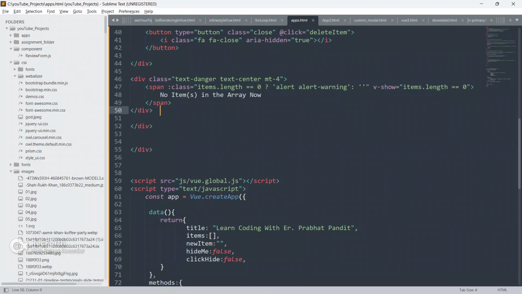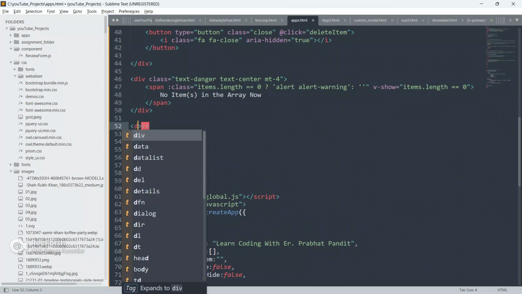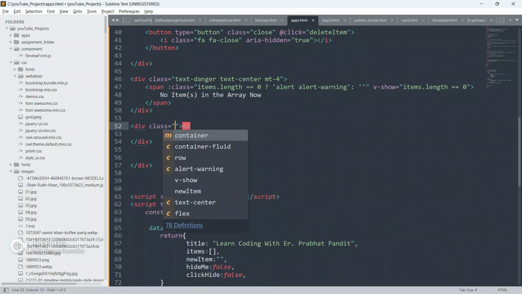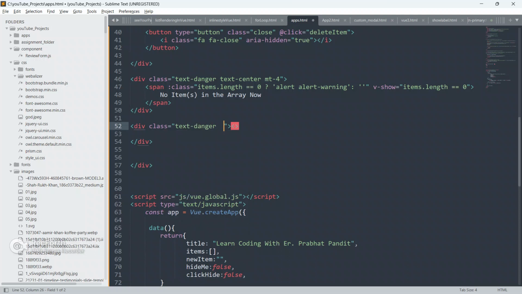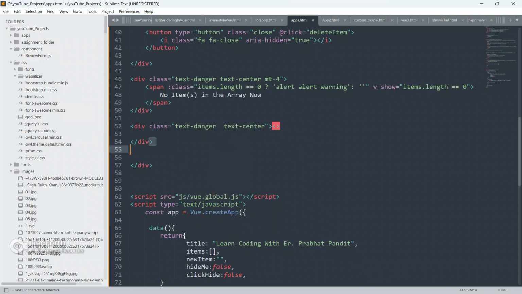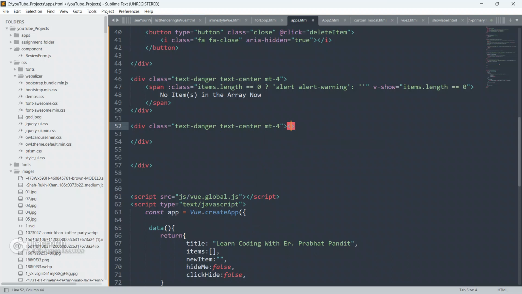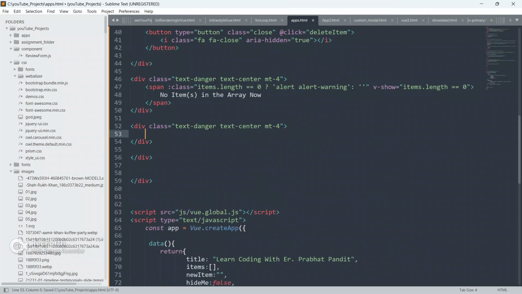So to do that, below this div we will create another div, and give it the classes text-danger and text-center.